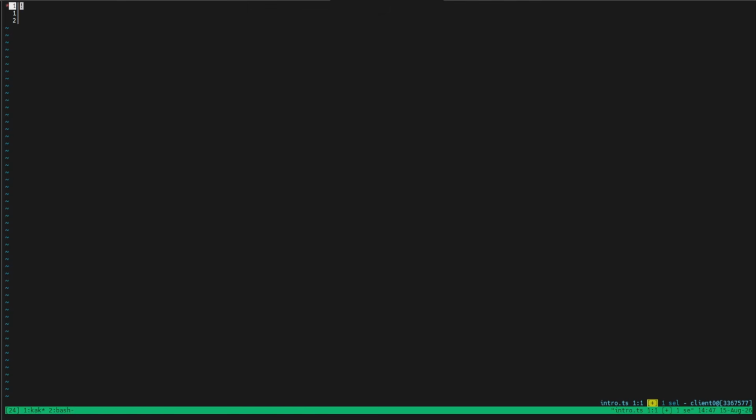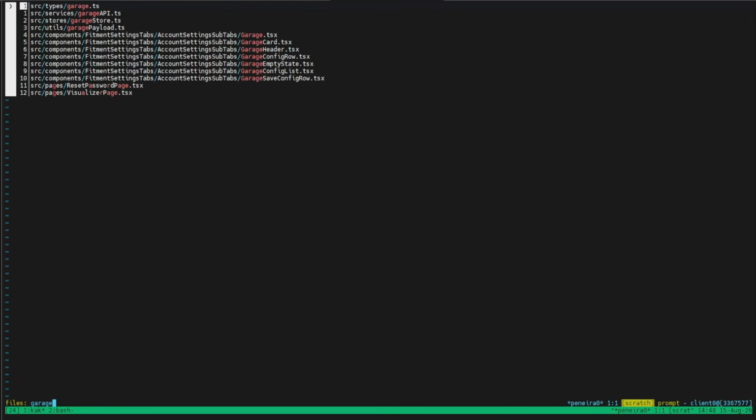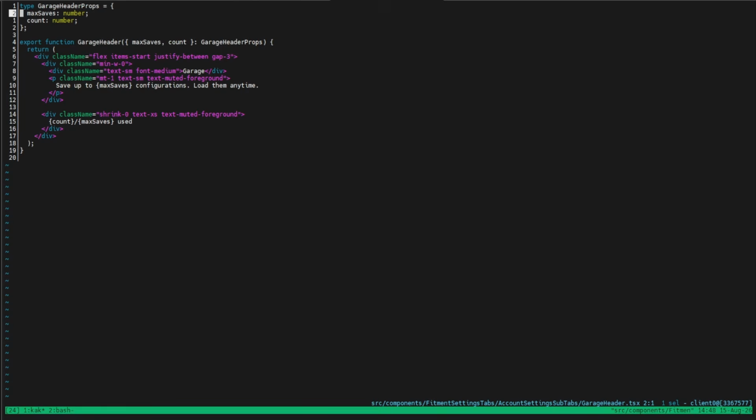It lets you see what you're doing before you do it. It's not a life-changing paradigm shift or whatever, but it's very interesting and it feels good to use. So for a better example, if I wanted to rename this max saves variable here,